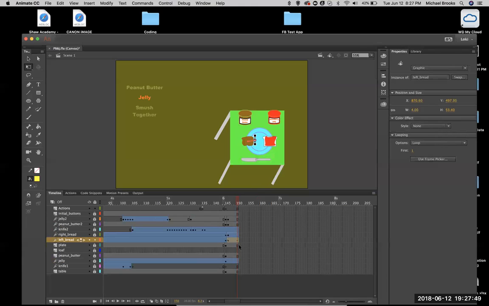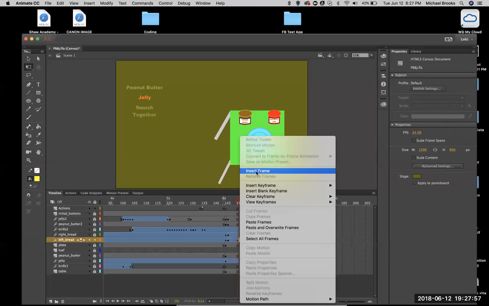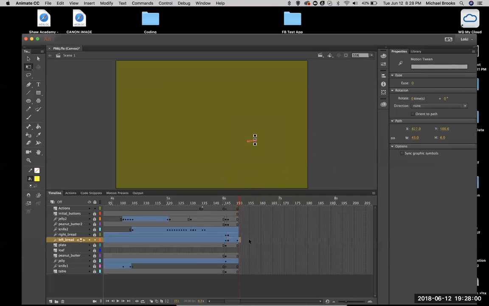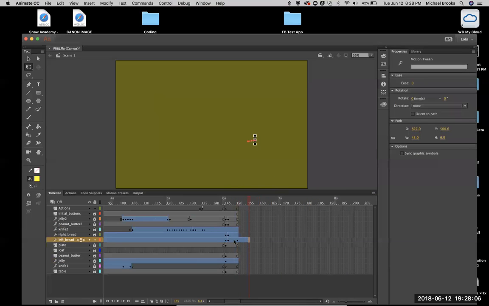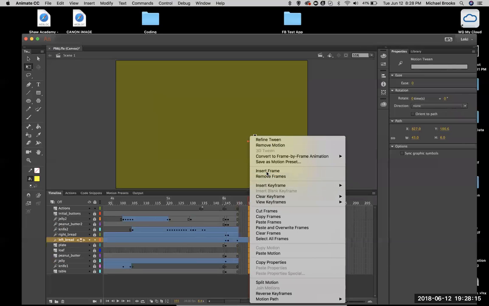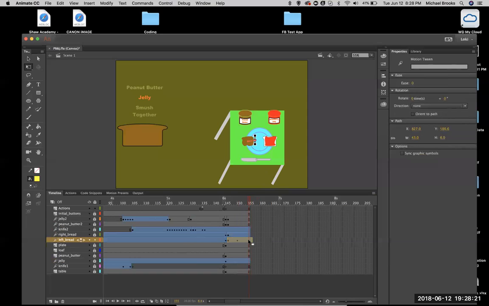All right. Then right here, it's going to go right click, insert frame again. Notice I'm out of it, so insert frame. All right, now I need to bring everything else up again to there, and we're going to insert frames. All right, now there we go. All right, now at this point, I'm going to take that,